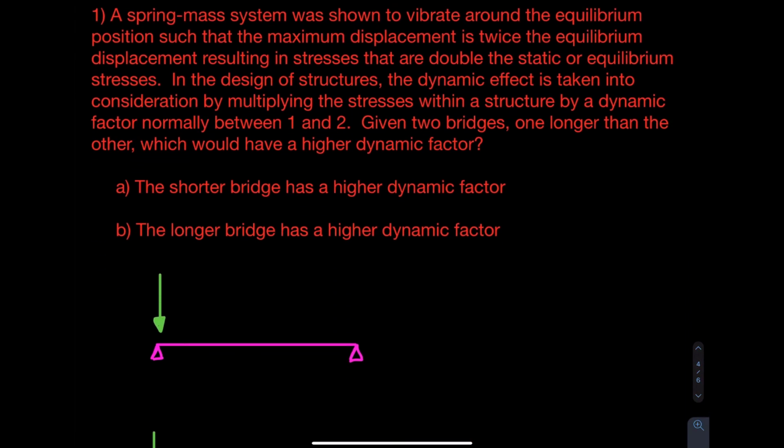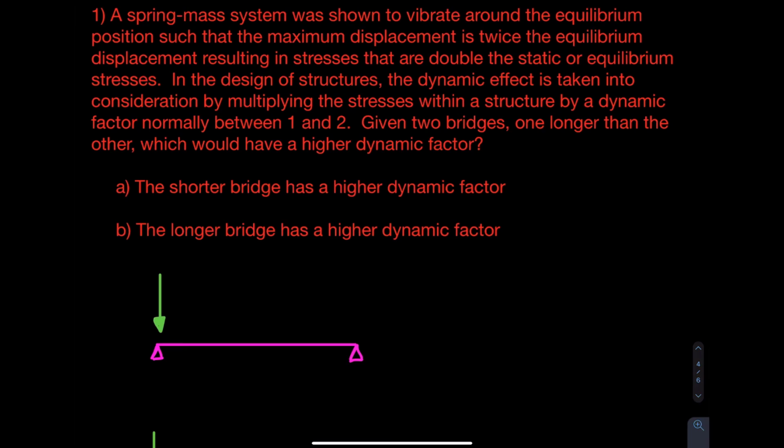The first one is probably the hardest of the two. It says, a spring mass system was shown to vibrate about the equilibrium position such that the maximum displacement is twice the equilibrium displacement. So that's what we talked about before. If we load something faster, it's going to have twice the displacement as the static case. It says, in the design of structures, the dynamic effect is taken into account by multiplying the stresses within a structure by a